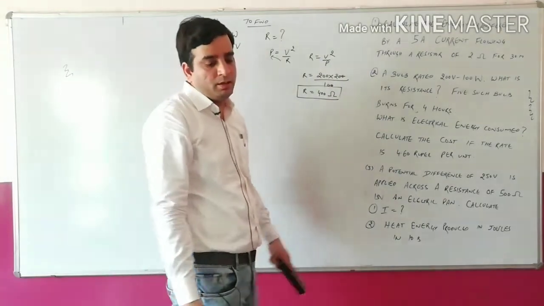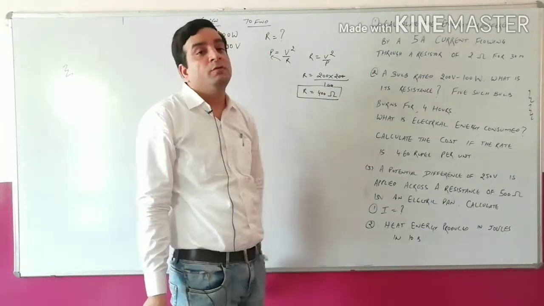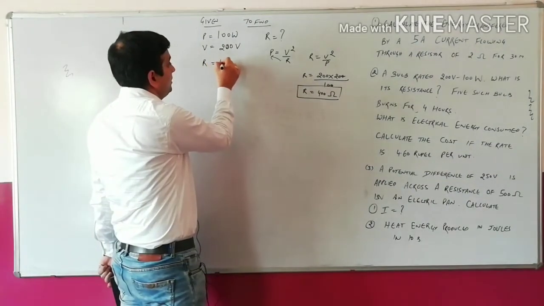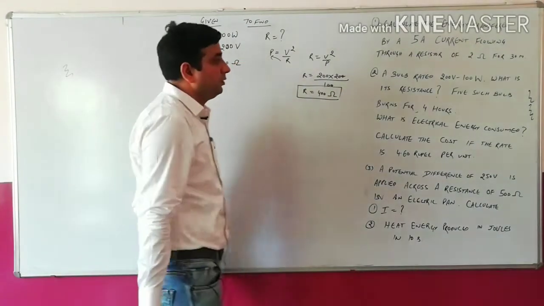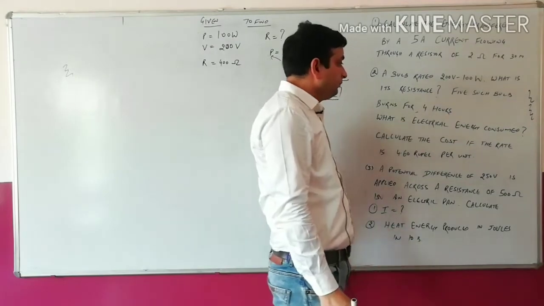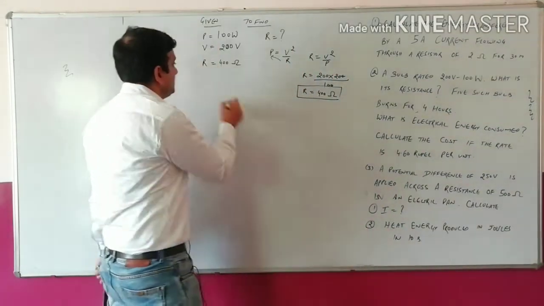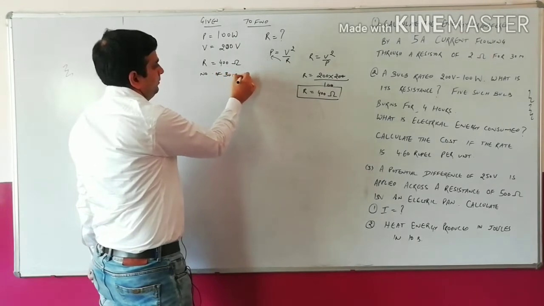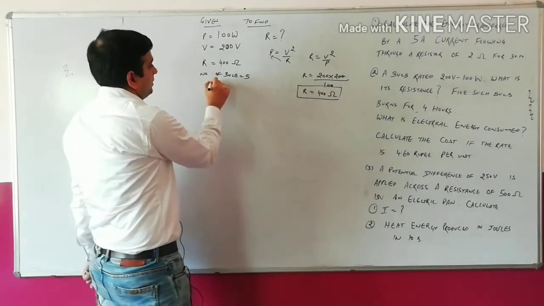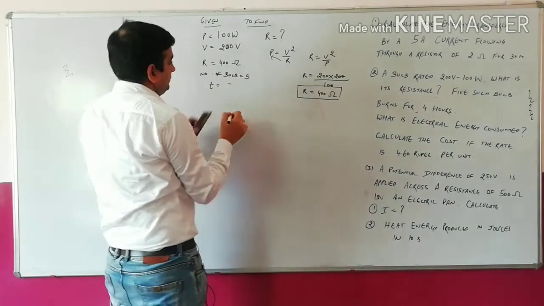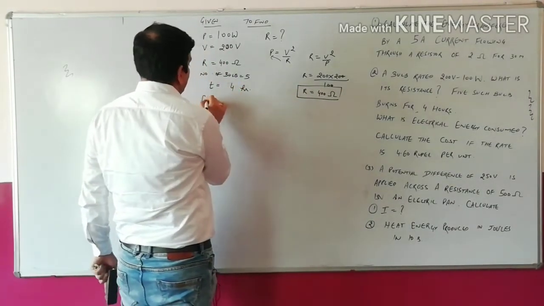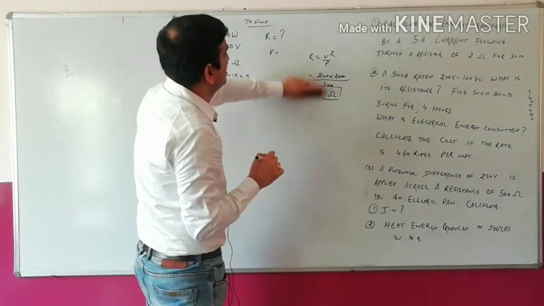कि रेजिस्टेंस जो है वो हमारी कितनी आ गई है, 400 ohm. So now we have 3 values. R is equal to 400 ohm. 5 such bulbs burn for 4 hours. कि ऐसे कितने बल्ब हैं? Number of bulbs: 5. और कितने टाइम के लिए हम यूज़ कर रहे हैं? 5 such bulbs burn for 4 hours. We have to calculate. I hope this is clear to everyone.